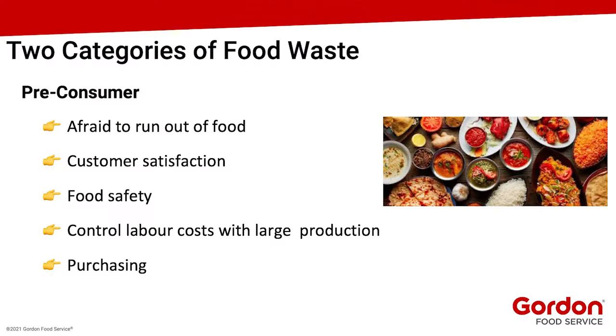Now let's take a look at some of the reasons why we waste food in the kitchen. It's a problem to run out of food, so we often prepare more than what's needed. And when we offer food choices to our residents, patients, or consumers, we will overproduce on all the options to ensure every person has a choice. Another reason for food waste is we need to serve safe food. For example, best before and use by dates are often suggested by manufacturers for peak quality, but products are often thrown away when these dates are near or past due to food safety. And these dates are required on both perishable and non-perishable food.